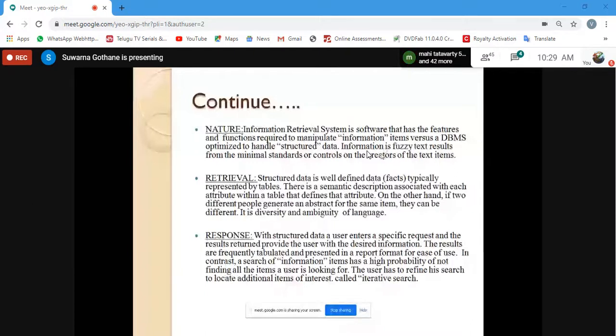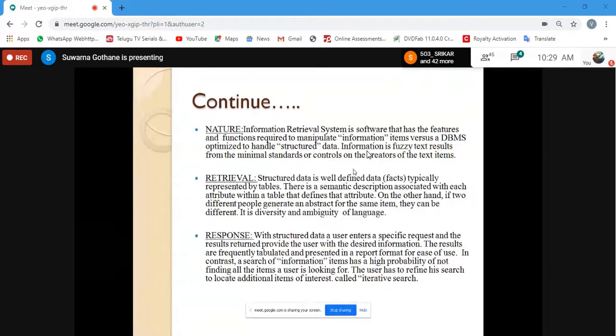While maintaining standards or creating the items, if a text document is there, a lot of vocabulary is required, and that varies from expert to expert. This is nothing but the nature.